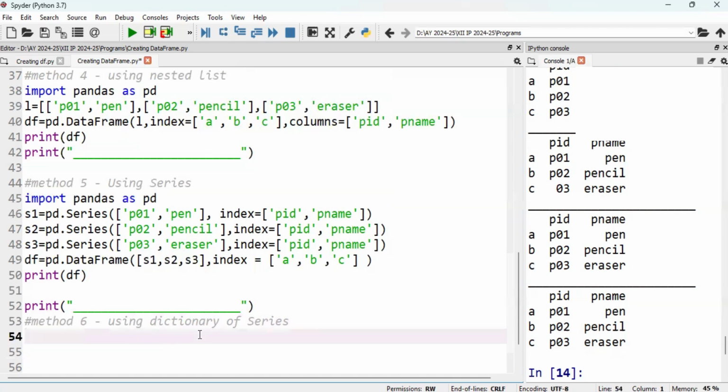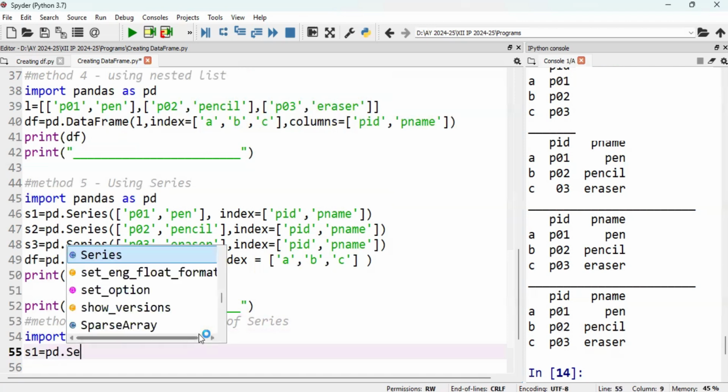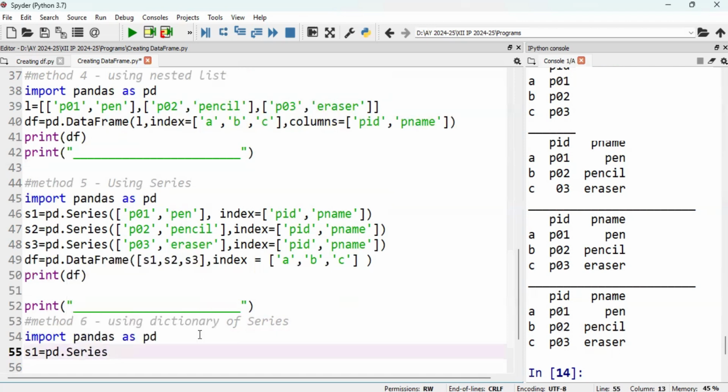So first one is what? You are creating import pandas as pd, s1 equal to pd.Series. Okay, and inside that I'm passing what? Dictionary of series. No, in that case we will be passing a list, that is we are giving column wise. You have to give the value. So